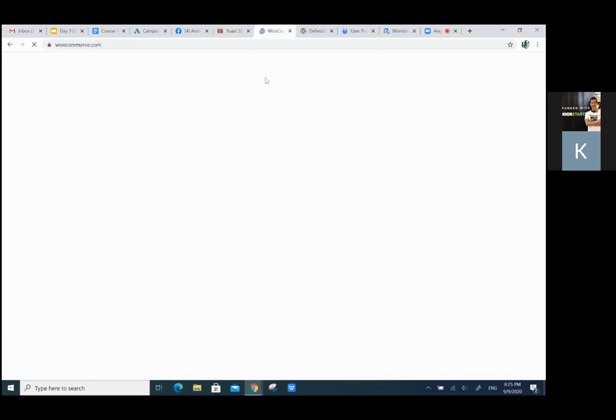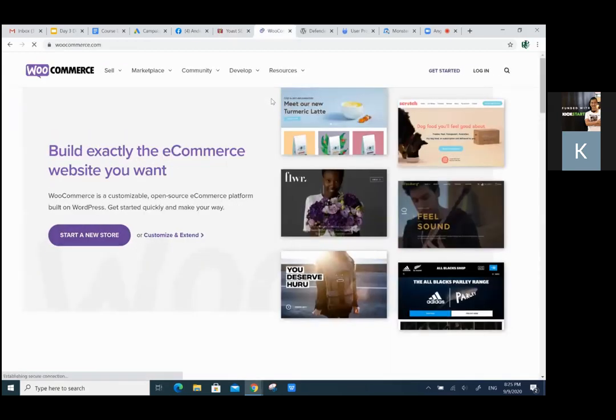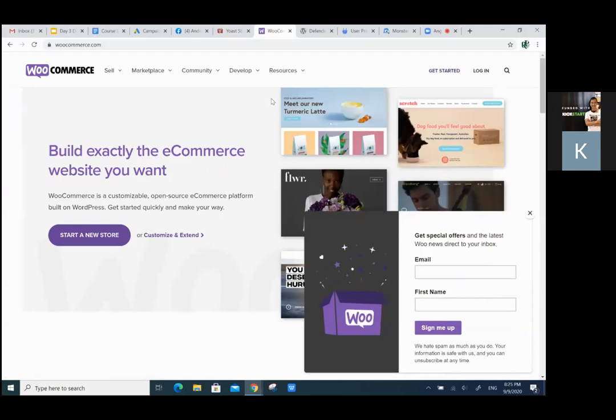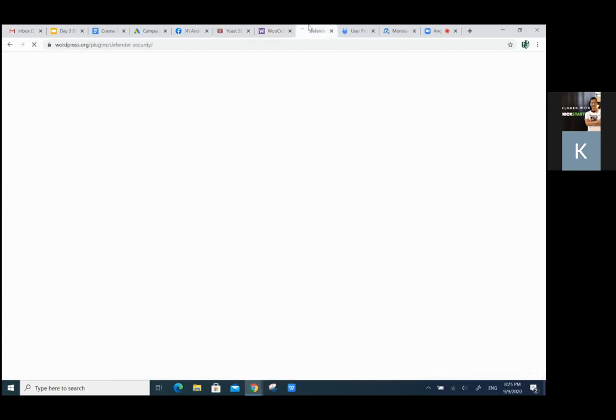Next is WooCommerce. I believe Andrew mentioned this to you guys before. It's an e-commerce shopping plugin whereby you can have an online store on your website. And the next one will be